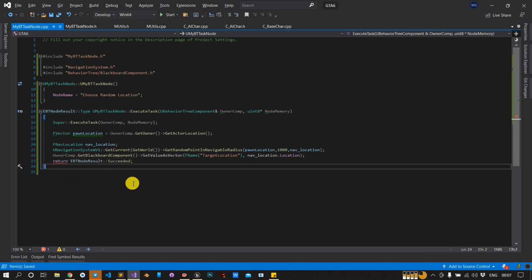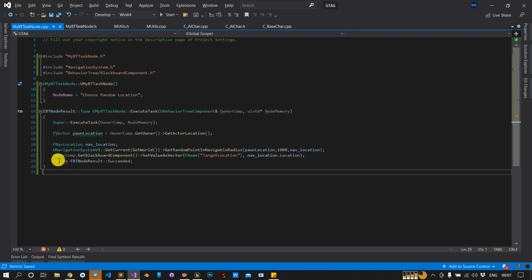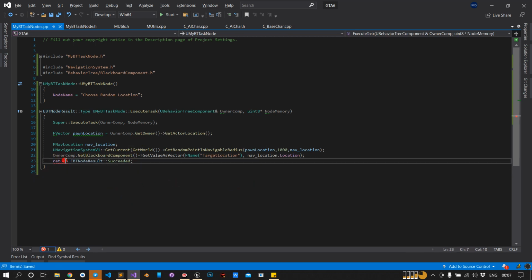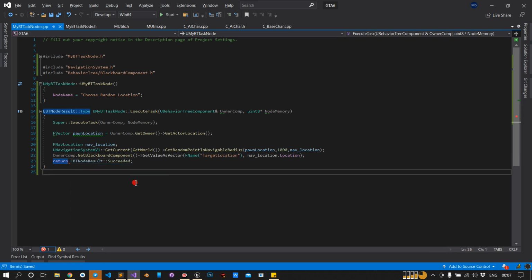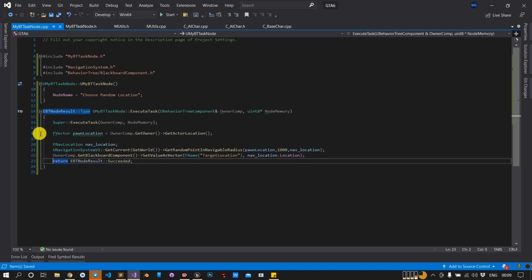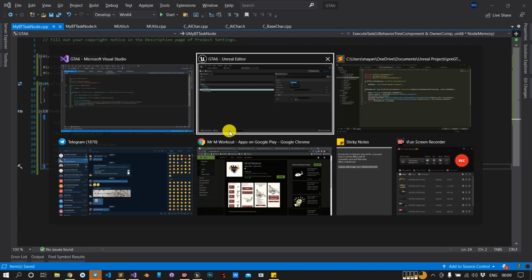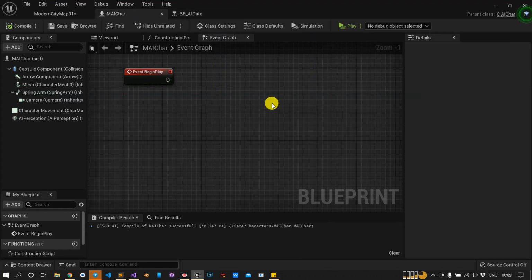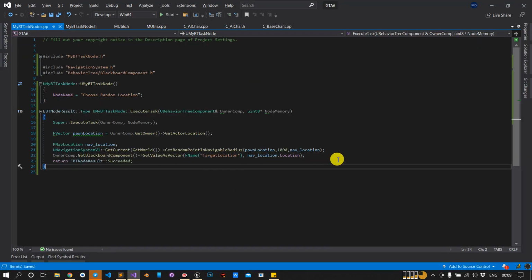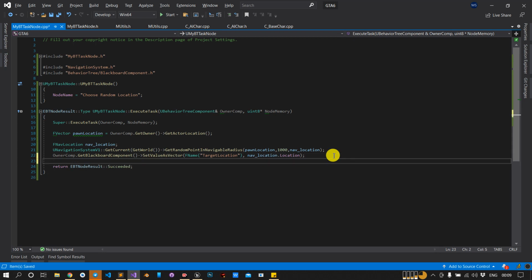Return. Okay, we have an error. Okay, that was a false error. Next, if you have a doubt that in the Blueprint we were doing it with the controller, we can do that here too, but we have direct access to the behavior tree component, which is why we can do this directly.